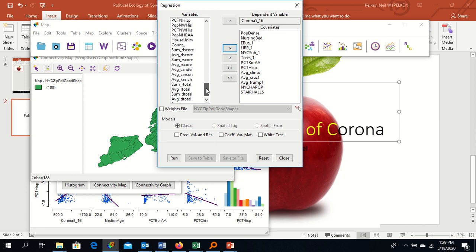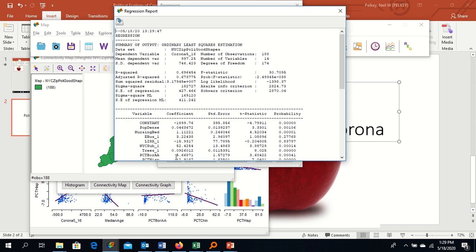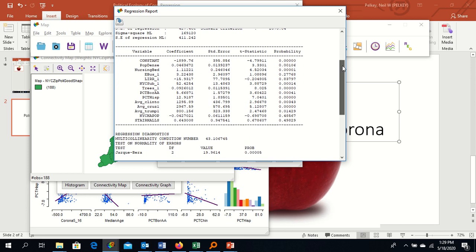Sometimes you want to add other variables that should be important, but from what we looked at, we'll go with this, and it's a good start, and we can play with our models. I'm going to select the weights file, and this will tell us whether we have spatial dependence or not. Then we're going to click run. Don't close this or you lose your analysis. And so we slide down,